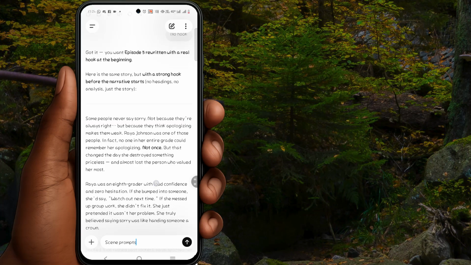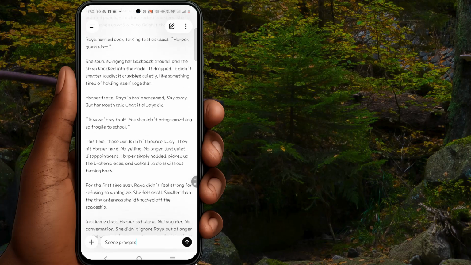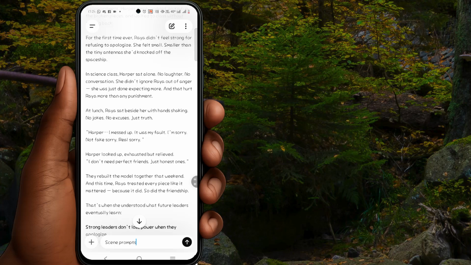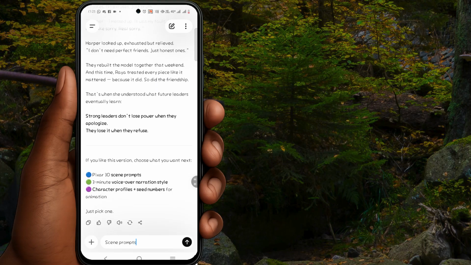So this is currently my story. I've gotten everything I want for my story, and I've given it the basic keywords that it needs and stuff like that. But the next thing I need to do is, after about 3 or 4 phases here, the first thing is you need to have your story. The second one is that you need to have your scene prompts. And the third one is that